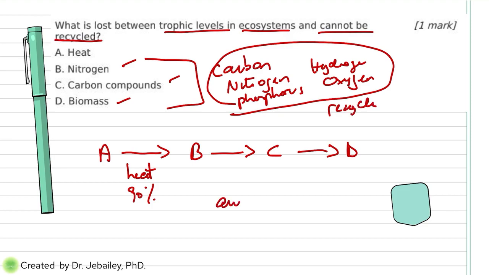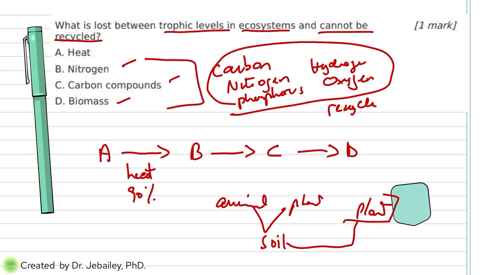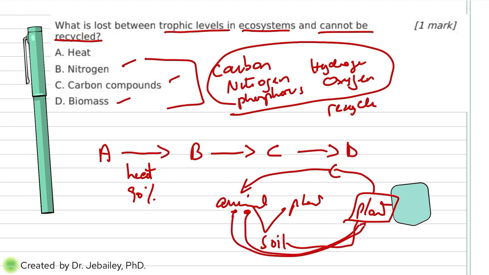Between the animal and the plant, going down to the soil when they die and decompose, and then a plant takes the soil nutrients back up. Plants go ahead and make food, which is going to be eaten by the animal. And you can see there's a cycle going on, right? It's like saying the carb of the animal goes back to the plant, as well as the protein of the animal is going back to the plant, and then the plant gives its protein back to the animal. So these 3 right here are all the same.